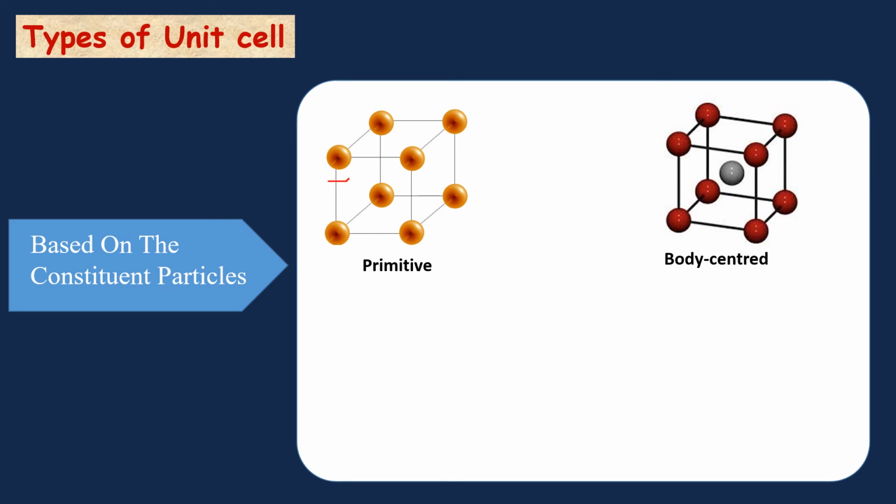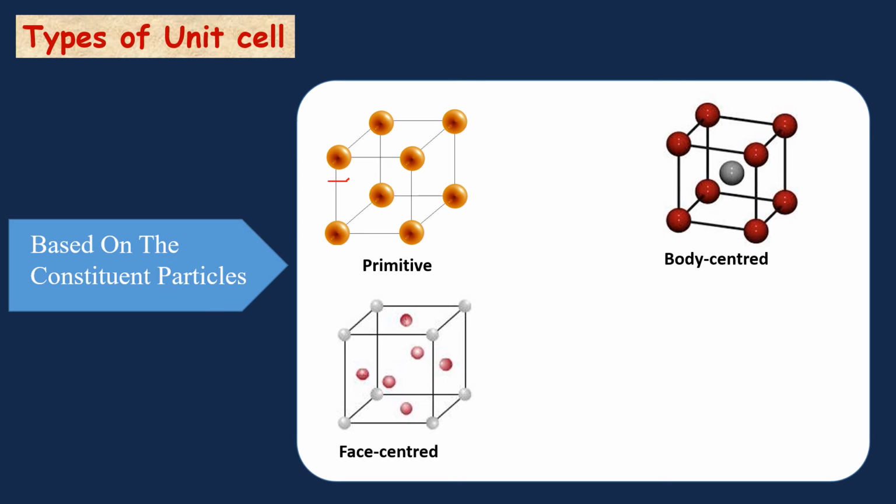The next one is body centered. In body centered unit cell, corner particles are already there, and in addition to that there is a particle at the center of the box. The next one is face centered unit cell. Here corner particles are present, which are represented by the white balls, and at the same time, at each face center, you just consider this square. This is a face of that unit cell. For this face, at the face center, there is a particle. For the 6 faces, there are 6 particles.